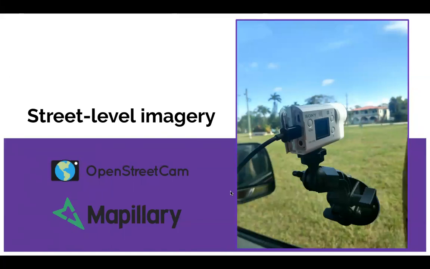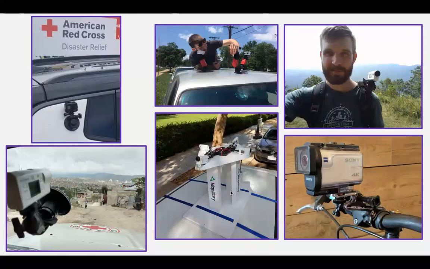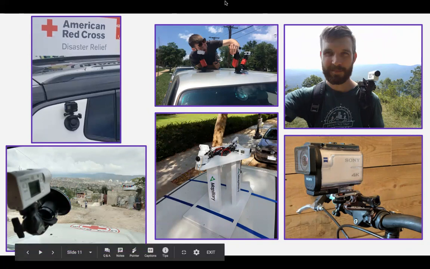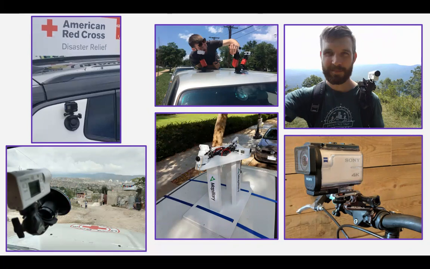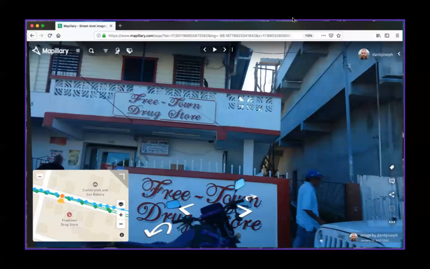You can do it with a variety of different tools. You can use an app on your phone or any camera with a GPS chip inside. We are big fans of the Sony action cameras. They've proven to be rugged and reliable, and you can mount them all sorts of places, whether it's the inside or outside of your vehicle, on your shoulder, on your bicycle, things like that. So really a variety of ways to run around with these.